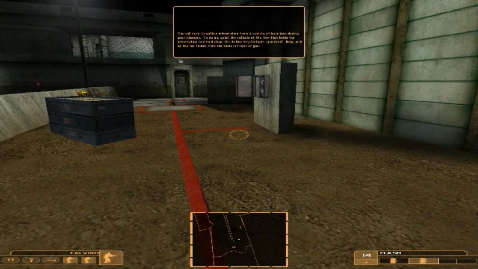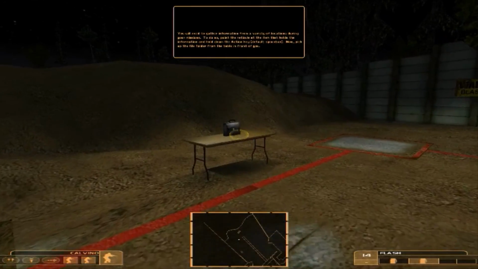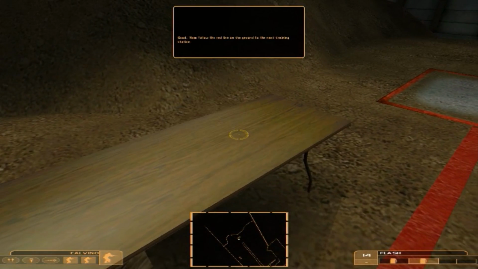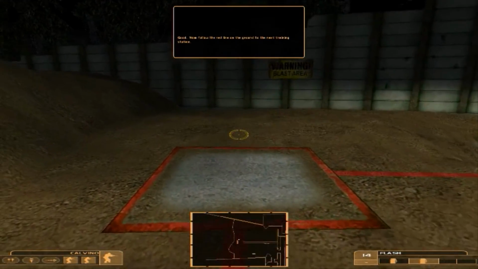You will need to gather information from a variety of locations during your missions. To do so, point the reticule at the item that... Good. Now follow the red line on the ground to the next...